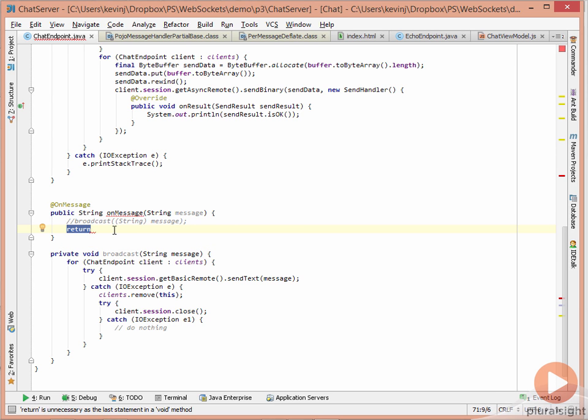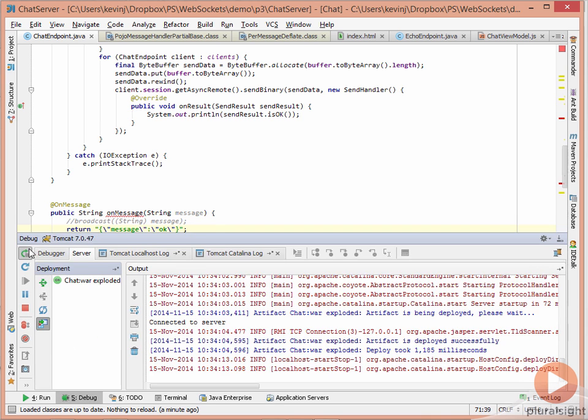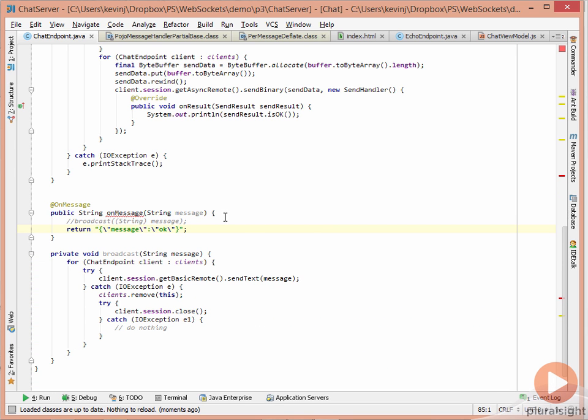The JSON object will look something like this. So we're just going to return a JSON object which just says message OK. If I redeploy this, what will now happen is that when the string message is received, the value we return from this, the string return, will be treated as an outgoing socket message, which means that in the browser, the